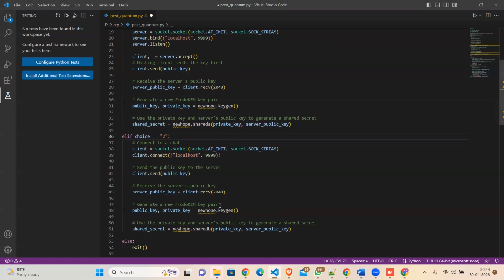from the client side, the server needs to communicate with the client. Then what the client is going to do is also generate a pair of public key and private key so that it can exchange with the server again. Because it's two-way communication, we have also enabled the client side to generate a public key pair. Coming to this shared secret line, it uses the private key and the client public key